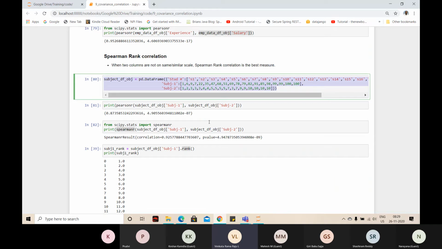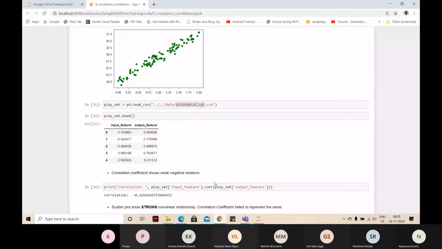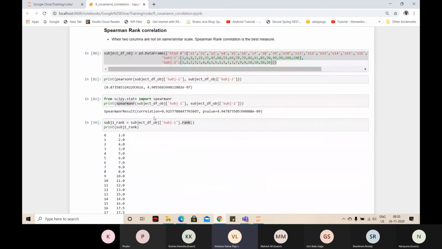When you use this series object corr method, it gives you the correlation directly. How is it doing it? It is calculating x minus x bar times y minus y bar, summed up, divided by n minus 1 or n, and divided by sigma x and sigma y, whatever formula it is using. But when you look at pearsonr and spearmanr, it gives you the score along with the p-value. This is a p-value.